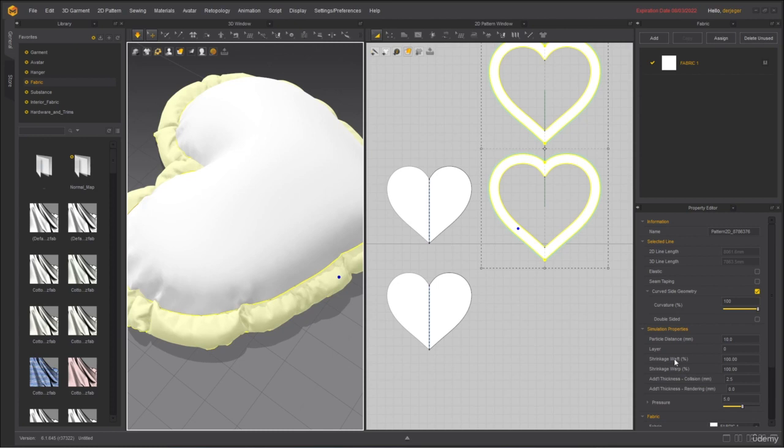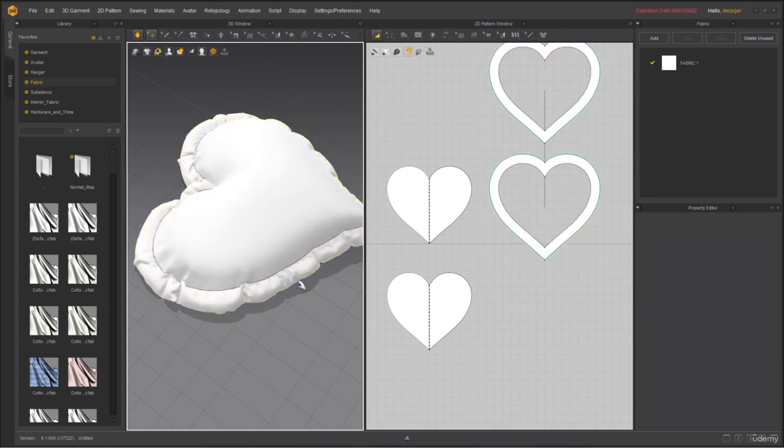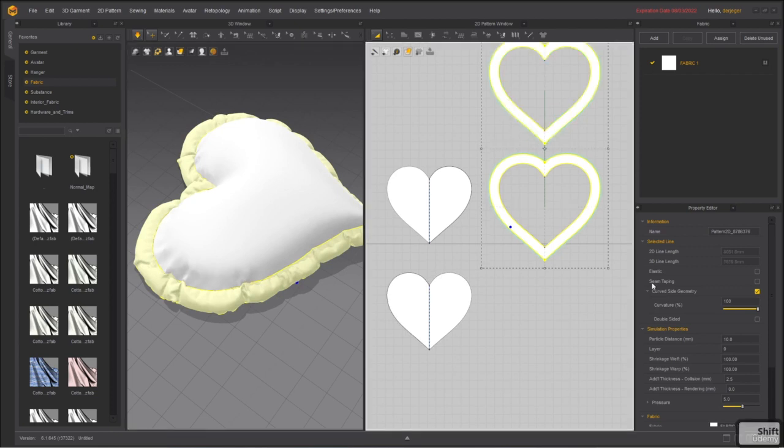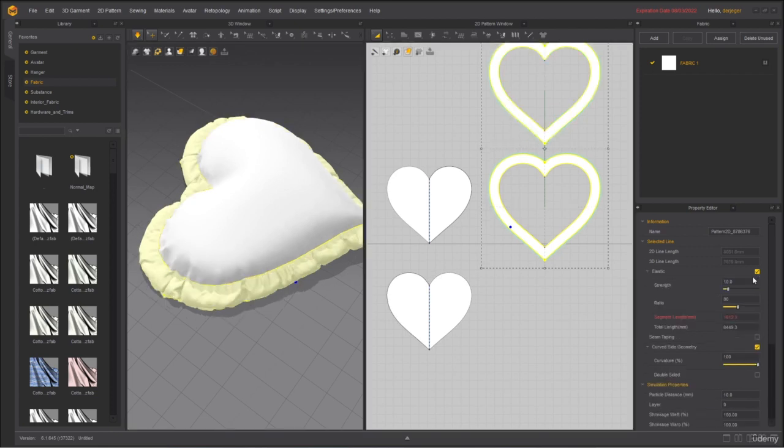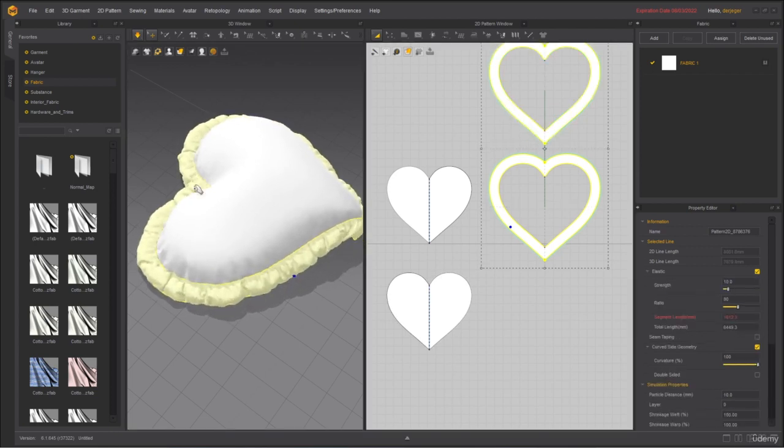shrinkage, weft and warp. Well, there's also this thing called elastic that's going to give us an elastic feel to the whole pattern. So I'm going to select both of them, and I'm going to turn on elastic. Now this one works a little bit different. You can see we can immediately get this crunchy effect because we're using a ratio of 80. It's kind of like a factor of